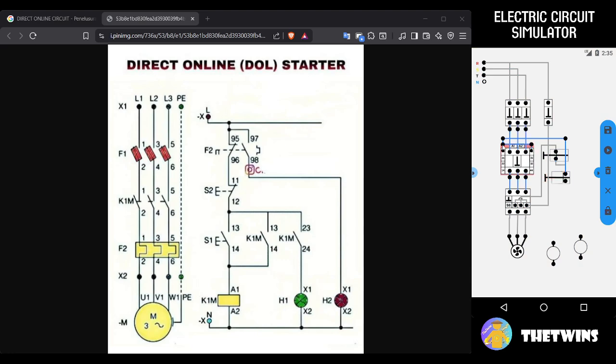Let's drag. Okay, now it's done. Let's move next from this one first. The output from push button NO is to A1 from contactor 1. From this to there.